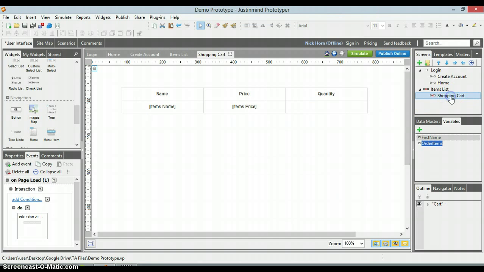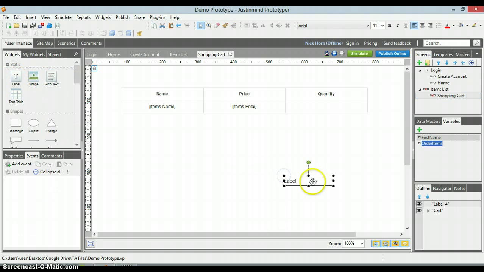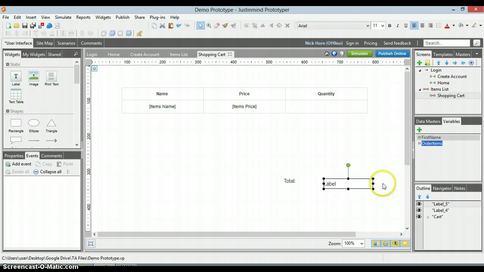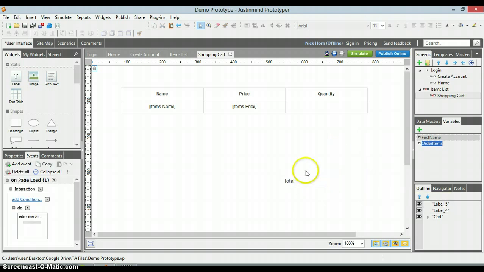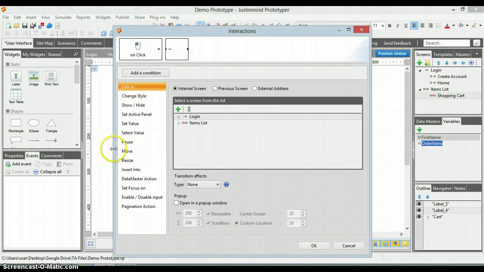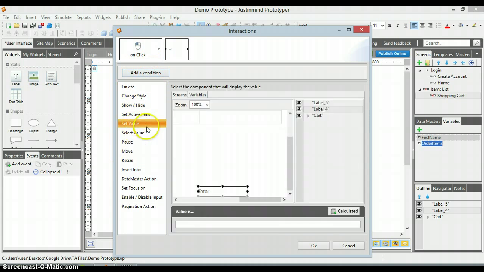So let's go back to the shopping cart, get a label, can put it somewhere down here, call it the total, get another label. This label will store the value of the total, and shrink it down a bit, and we'll just delete that. It's just going to be an empty label. So we're going to say when this total is clicked, we're going to set the value on the empty label, and it's going to be calculated,